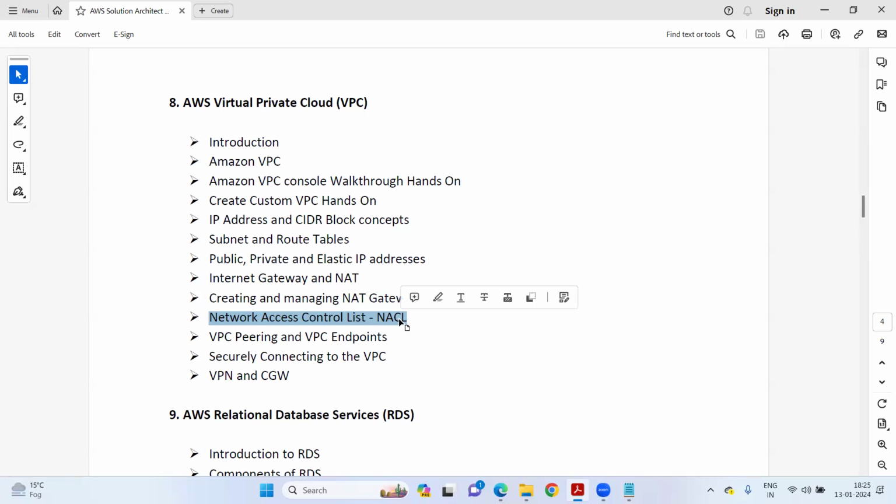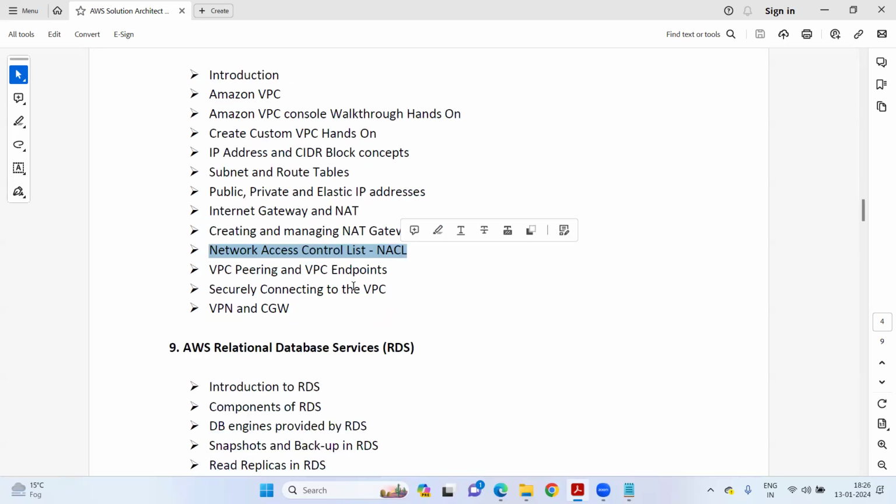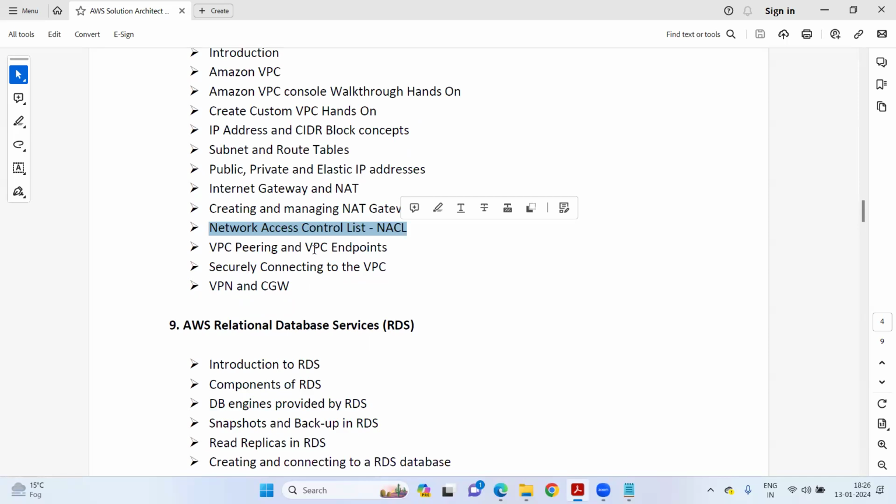Let's say when you create your EC2 instances, you are going to create them with a security group, right? A security group can handle inbound rules and outbound rules. But when it comes to VPC, we have NACL that is going to control your traffic on the subnet level. We'll discuss in detail, but we are going to do each and everything with actual examples: VPC peering, VPC endpoint,